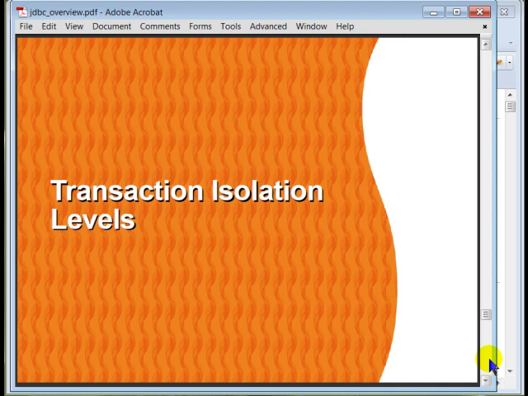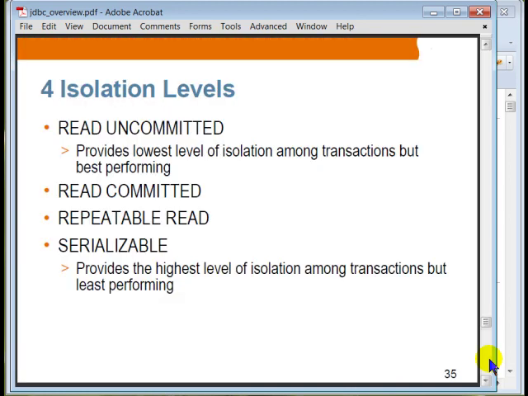Okay, transaction isolation levels. There are four isolation levels, from read uncommitted to serializable. Isolation and performance are opposing goals. Isolation provides the ACID property; it provides a way of being independent from other transactions. And for performance, you get the higher